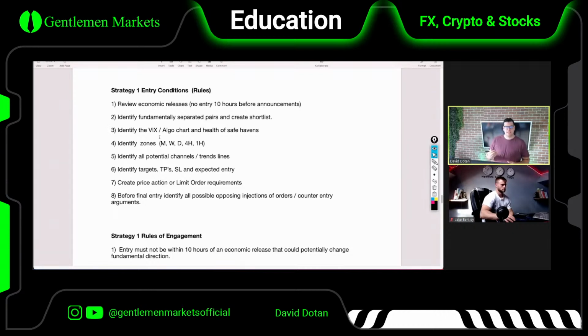Okay, so when the VIX is low, we can expect that the yen, the Swiss franc, and other safe havens will be low, like gold will be pulled back. When the VIX is high, gold moves up, yen moves up, Swiss franc moves up. So for example, if we're looking at an entry on CAD yen, we have to identify where the VIX is at, because we need to identify what is the strength of the yen, not just using our fundamental separation,